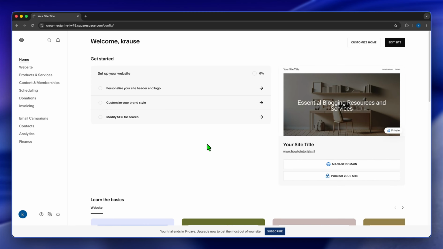Adding an announcement bar on Squarespace is actually very easy, and in this video I'll show you exactly how to